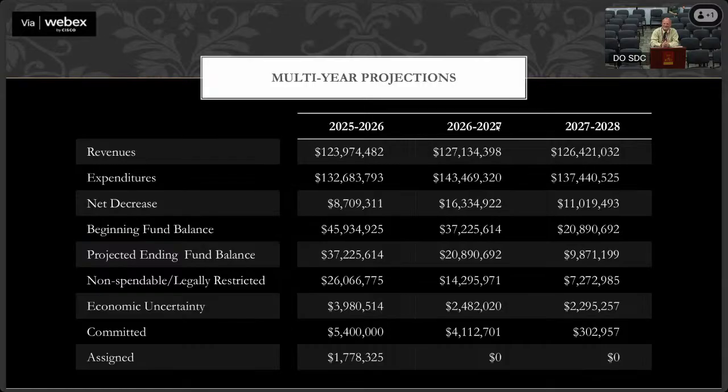Good. So are we looking pretty solvent? Are we looking pretty good for the next couple years? Oh, absolutely. We're still in a good financial position, and our interims will still be positive for the following years. I don't foresee any layoffs. We are currently looking at our positions and our services to find the savings that we need so we can have a balanced budget. And I'm confident we're going to be able to do that.